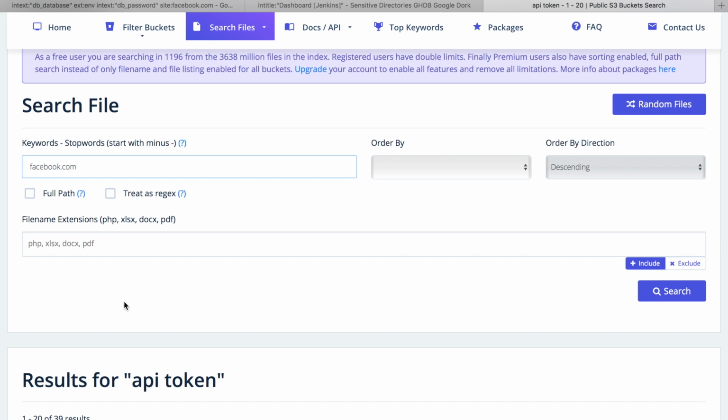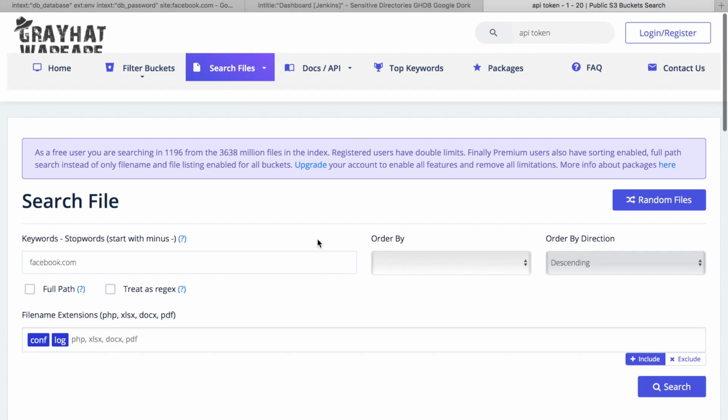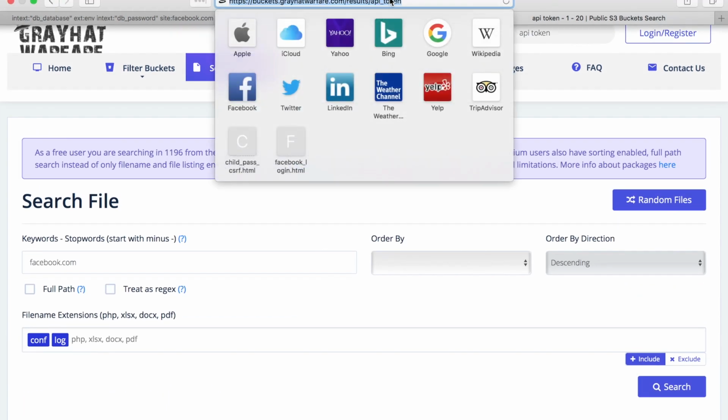You can also search for particular file types by filtering with file extension here. For example, if you want to look for configuration files, you can filter for the .conf extension. And if you want to look for log files, on the other hand, you can search for the .log extension, and so on. In addition to using GreyHat Warfare to find exposed buckets, you can also use Google Docs